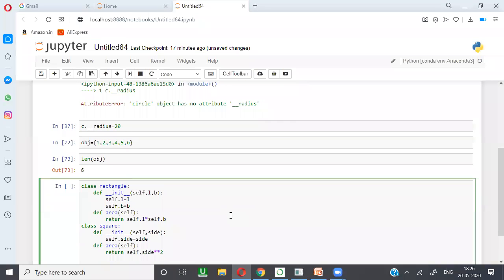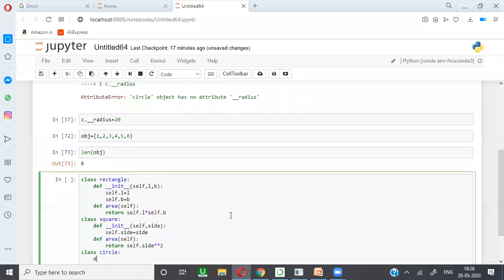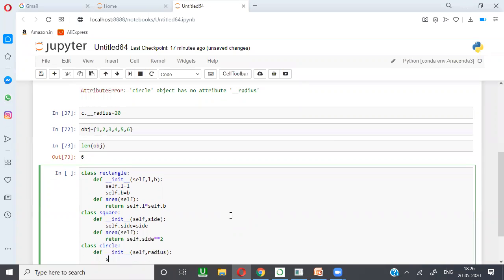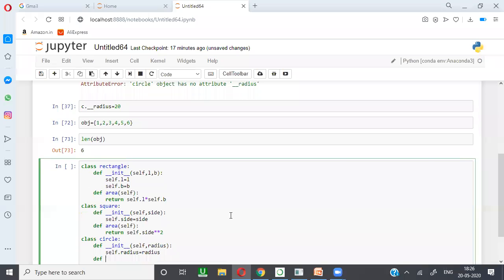Similarly, I am going to define the class called circle. def __init__(self, radius): self.radius = radius. Then def area.